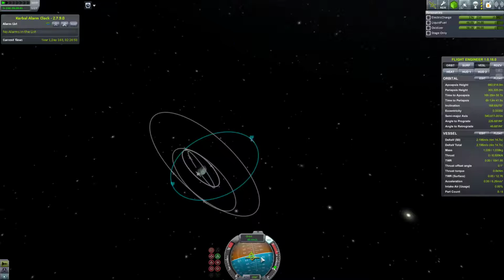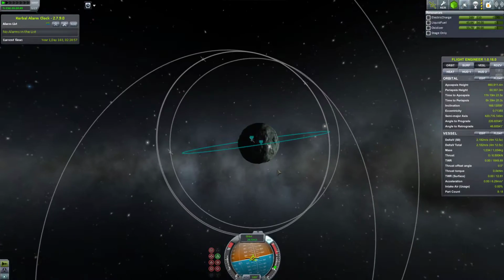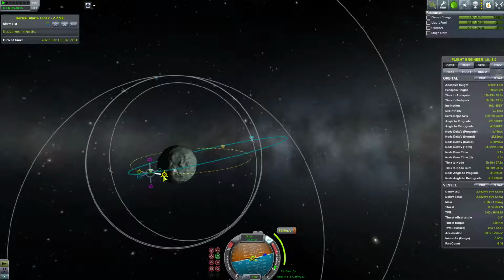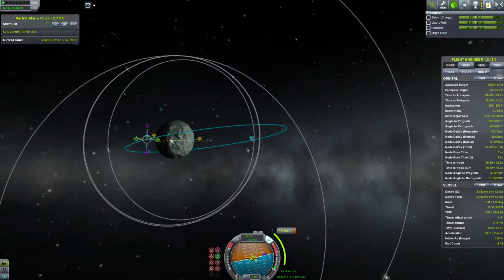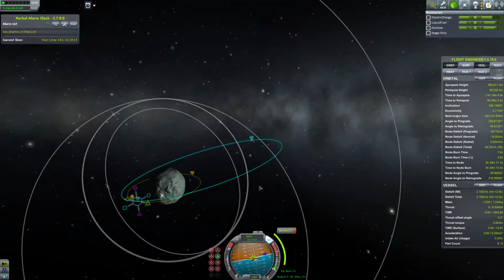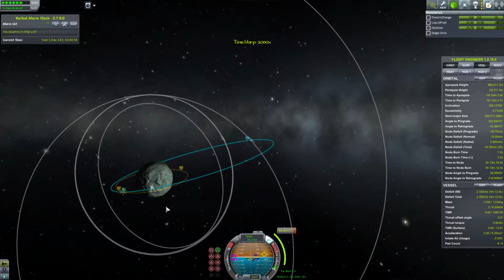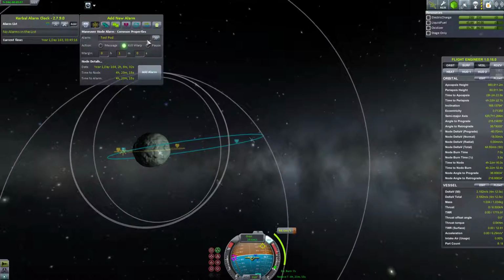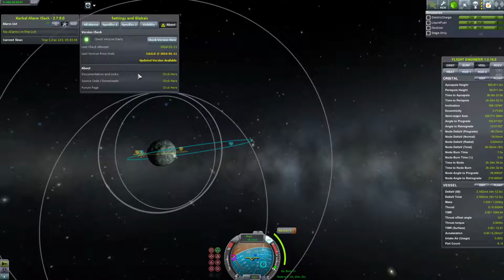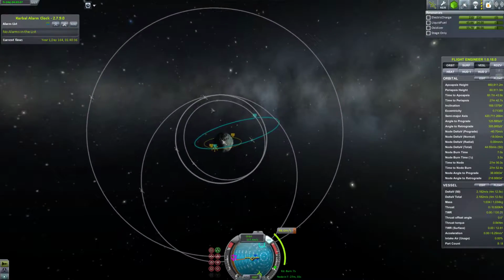Okay, let's bring it up there, and we're going to just shrink down this orbit to like nothing. And it's not an even orbit, a good orbit, that isn't all janked up. I think the version of Kerbal Alarm Clock I downloaded did not include the latest version. I don't know why it did that, because...